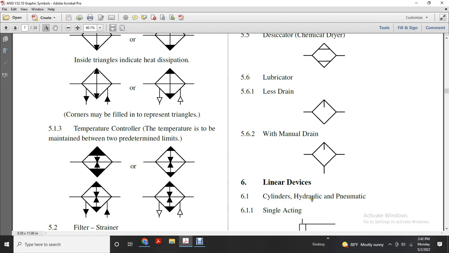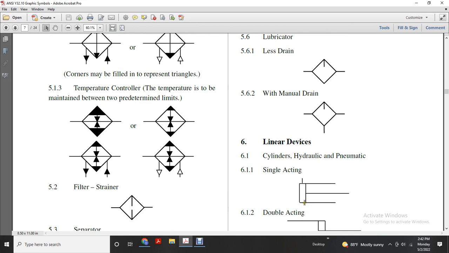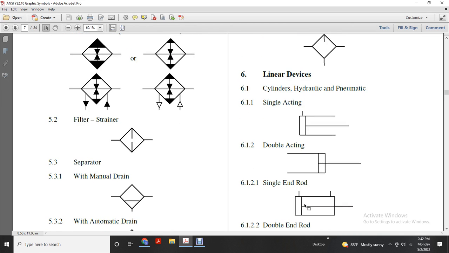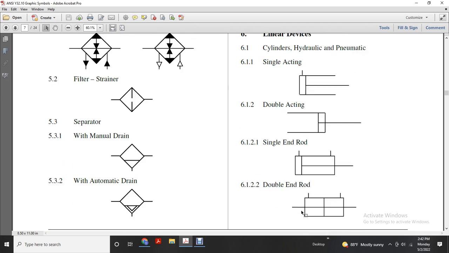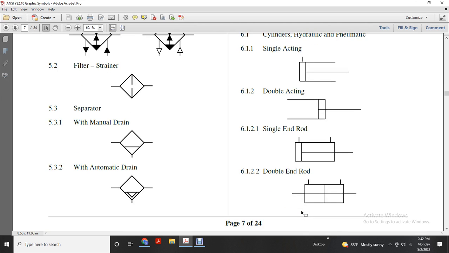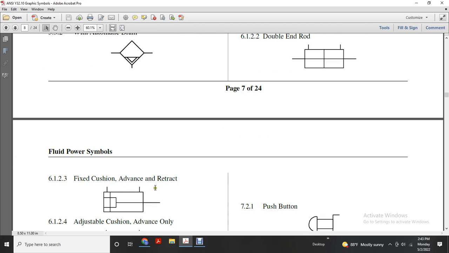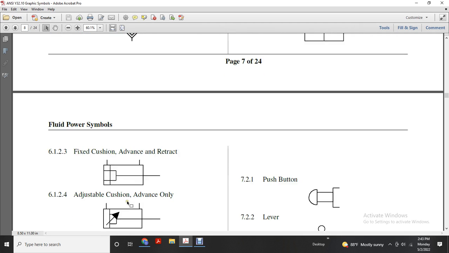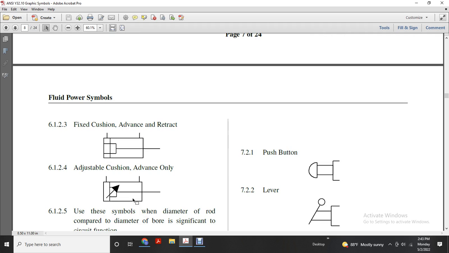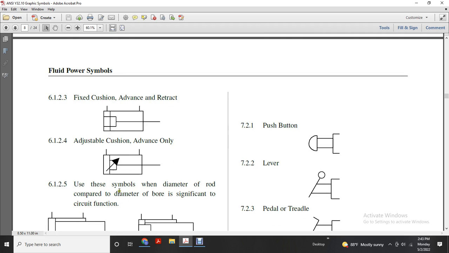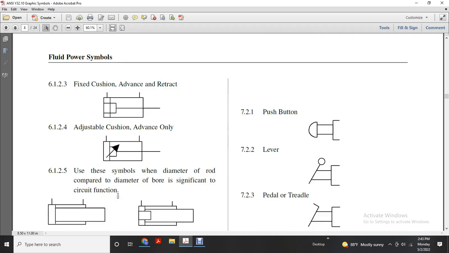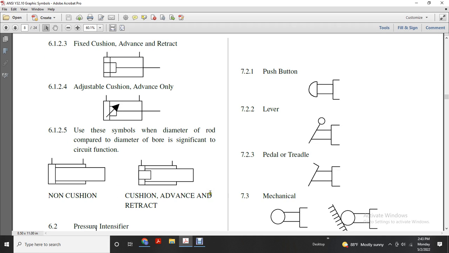Line devices: cylinder, hydraulic, pneumatic, single acting, double acting, and then single end rod, double ended rod, fixed cushion, advance, retract. Adjustable cushion, advance only. Use these symbols when the diameter of the rod compared with the diameter of the bore is significant to the circuit: non-cushion, cushion, advance, retract, and then